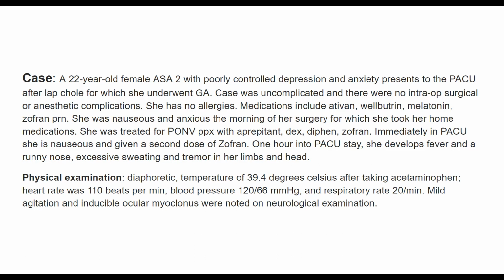On physical exam, she's diaphoretic, hyperthermic to 39.4. We've given Tylenol. That didn't help. Heart rate now is 110. Blood pressure is still normal, 120 over 60s. Respiratory rate's 20. She's mildly agitated. Doesn't appreciate all the lines on her and people around her. You look at her eyes. She has some abnormal movements. Ocular myoclonus is the technical name for some abnormal beating movements with her eyes. What do we think might be going on?